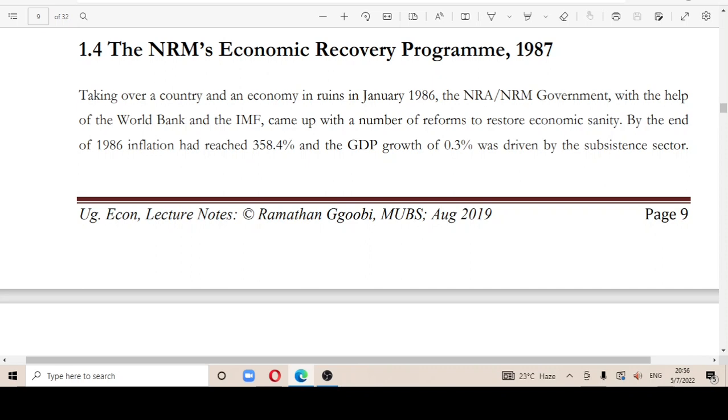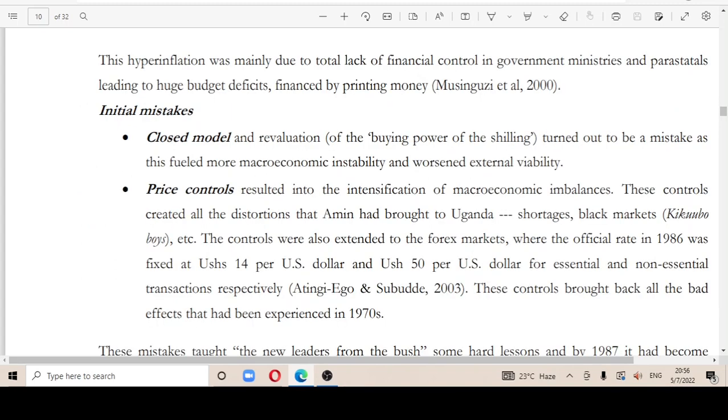So, taking over a country and an economy in ruins in January 1986, with the help of the World Bank and IMF, they came up with a number of reforms to restore the economy. In restoring the economy, they made two initial mistakes when they were starting off. They opted for a closed economy and also price controls. The controls created all the distortions that Amin had brought to Uganda,